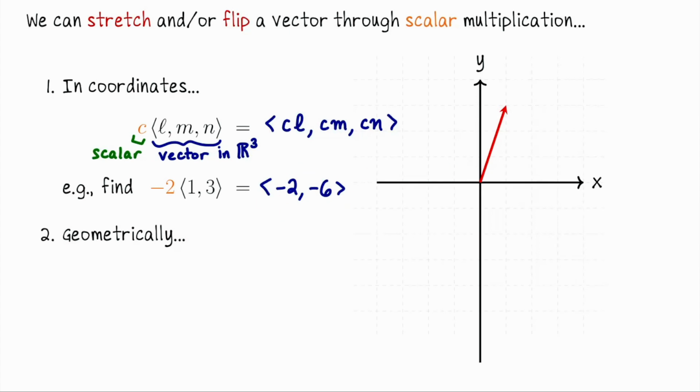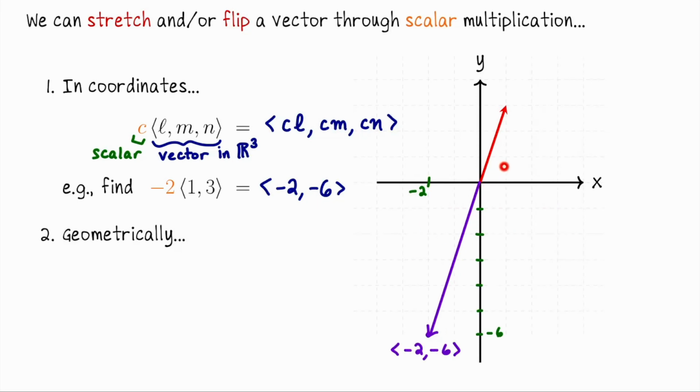Okay, let's actually graph that vector over here to the right so that we can talk about visually what's happened to this vector. So we're going to graph this vector in standard position. The tail will be at the origin. And then to locate the head, we need to go -2 units on the x-axis, so that's 2 units to the left, and 6 units down in the negative y direction. Okay, so the head of the new vector, -2, -6, would be there. And this is that vector.